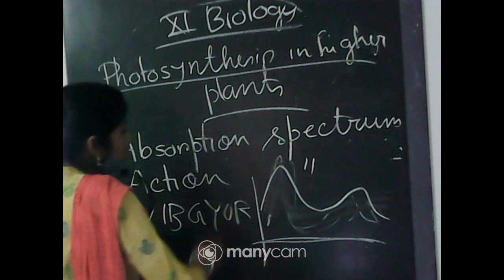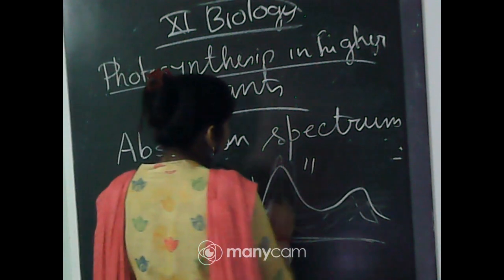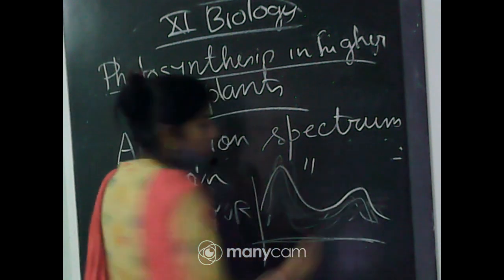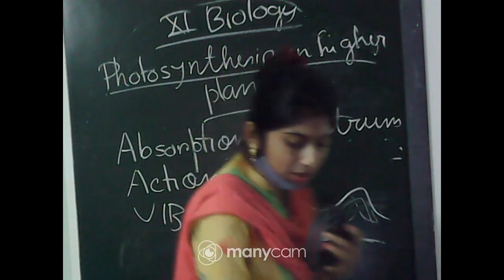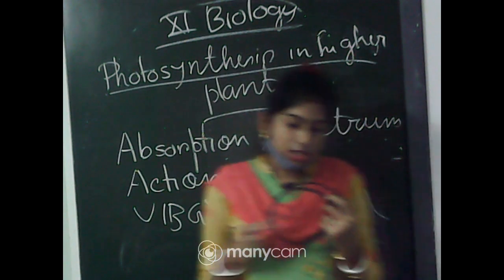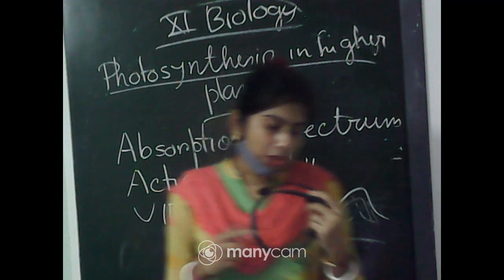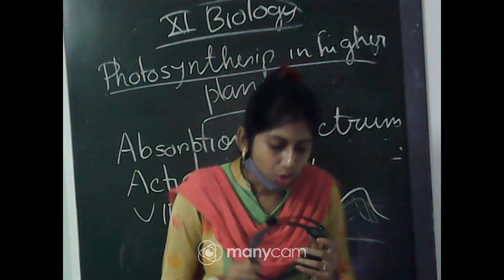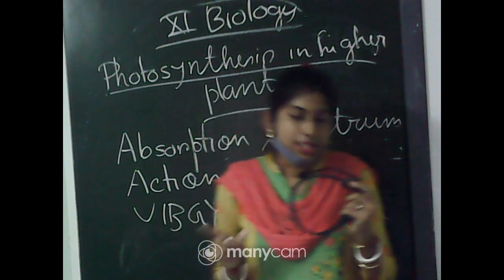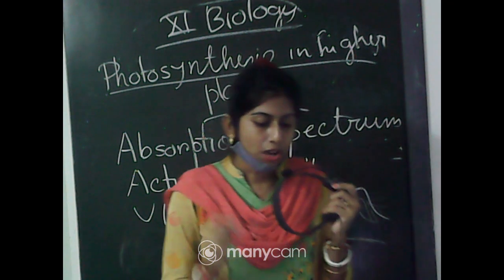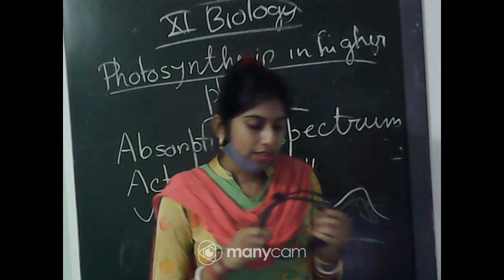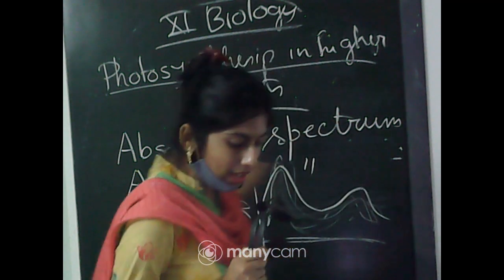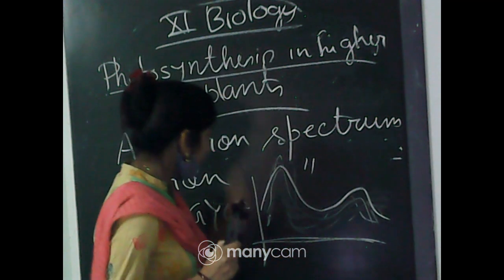Now if we superimpose these two graphs, we will get this type of graph which has been shown in the last diagram in your book, that is 13.3.3. So just follow the graph from the book. You can see that the visible spectrum is given there, 400 to 700, and on the y axis they have mentioned the absorbed light. Okay.